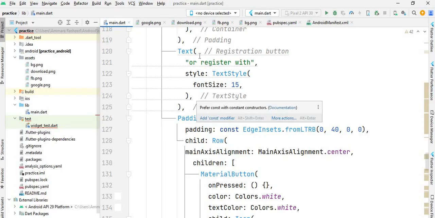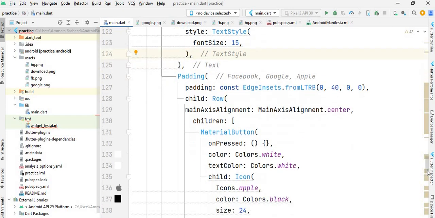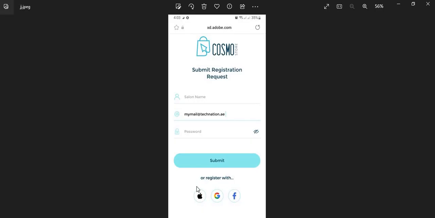Okay, so I put the text. After that I give some size,